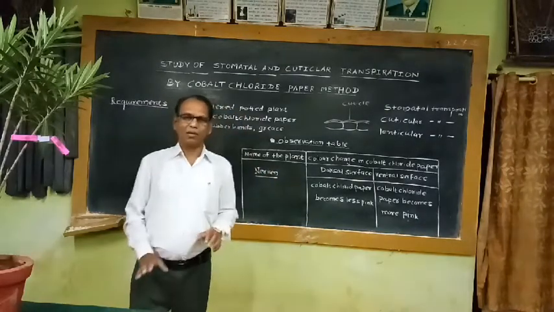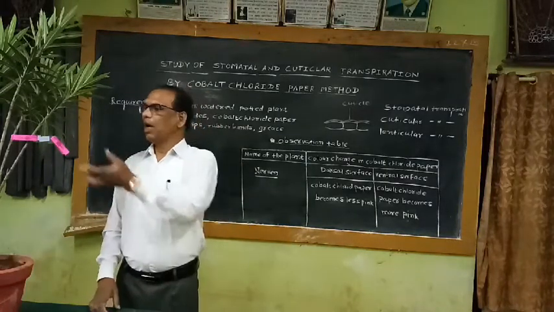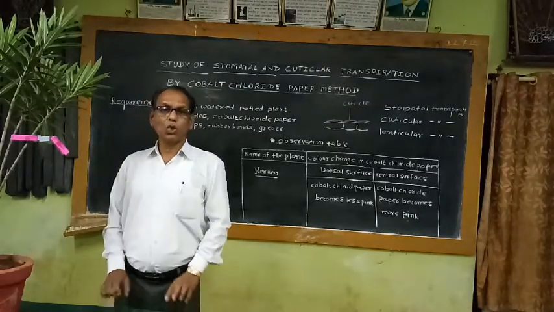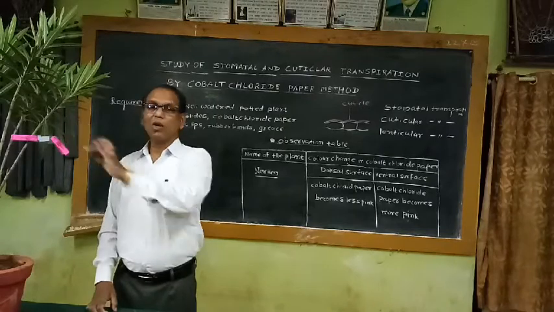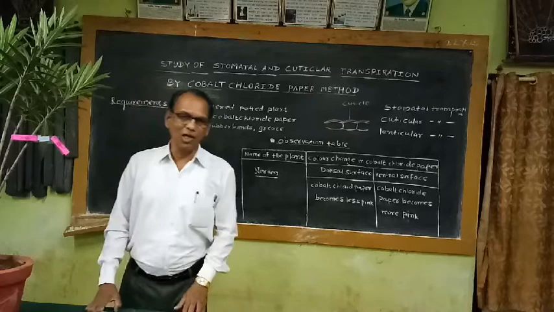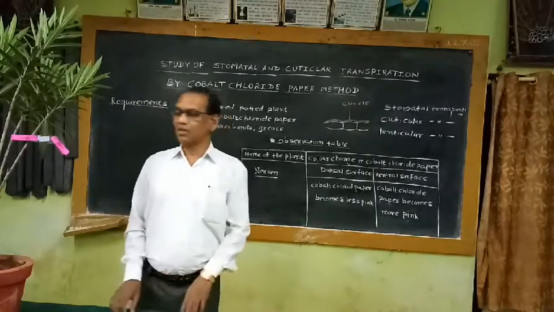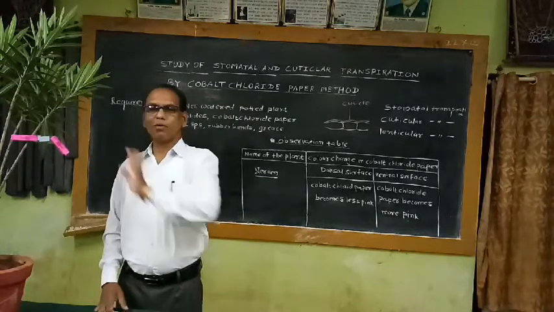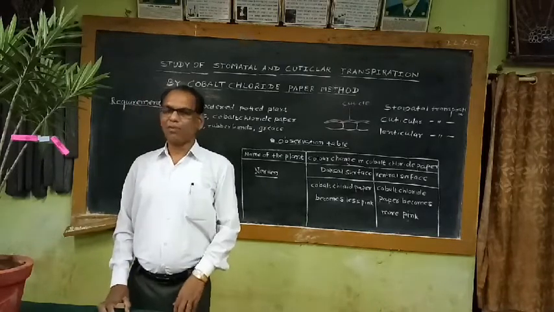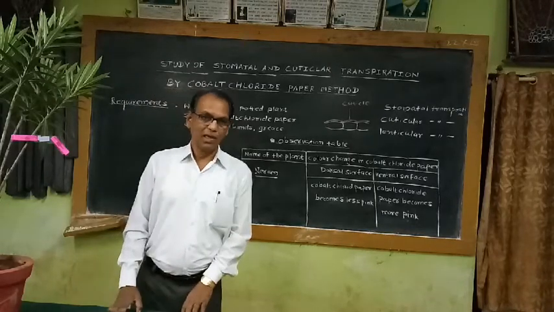So we require the plant which has 0 stomata on the upper surface of the leaf and stomata only on the lower surface of the leaf. So this Nerium is the example of a true xerophyte. It lacks stomata on the upper surface of the leaf. It has stomata only on the lower side of the leaf. Generally, mesophytic plants possess stomata on both sides. The upper epidermis of the leaf possesses fewer stomata. The lower side of the leaf in mesophytic plants possesses more stomata.